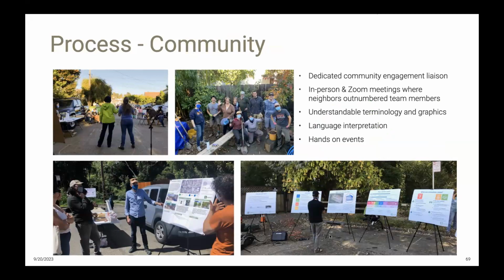We organized hands-on events like the one shown in the center of this slide. This one was about gray water laundry to landscape, a hands-on workshop. And we listened. And with that listening, we also learned to get out of the way when neighbors were helping their neighbors understand the issues and considerations.